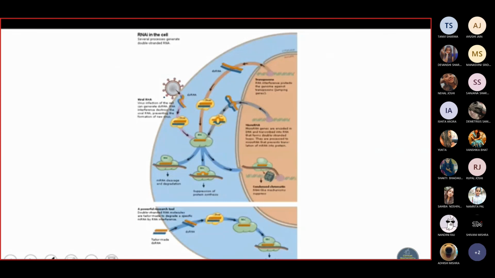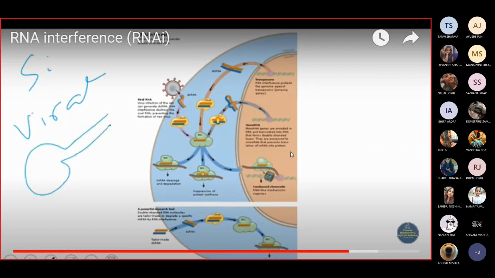डिफरेंस समझ में आया? मैंने क्या बोला? In case of siRNA, we are having either viral double-stranded RNA, or we are having a hairpin loop formed RNA in our body. So we will continue with that. So two kinds of RNAs are very common. One is called as a short hairpin RNA.